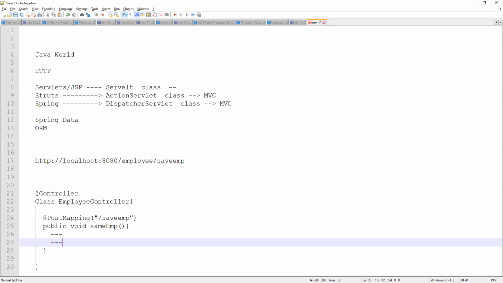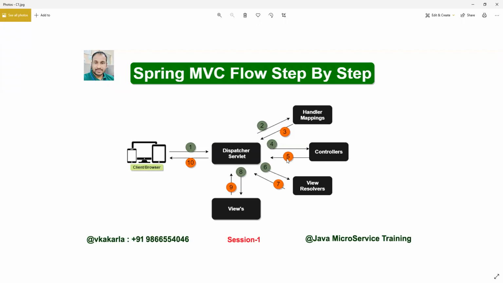So controllers give the response as part of Spring MVC. It will give the model and view object as a response. Model is nothing but the data response, and view is nothing but our view JSP page. So it will give two kinds of components: one is the model and one is the view. Again, it will get confused about which view name to take. View name, in the sense, either a JSP or HTML page. So what exactly which JSP page do I need to take? Again, it will get confused.